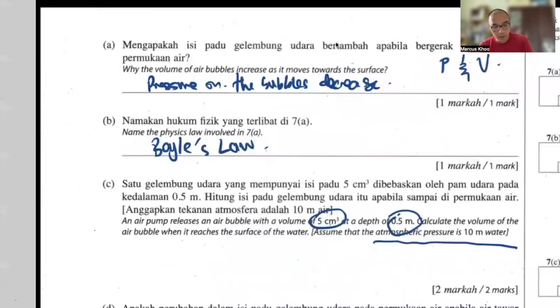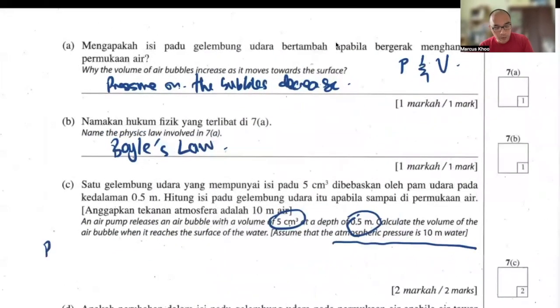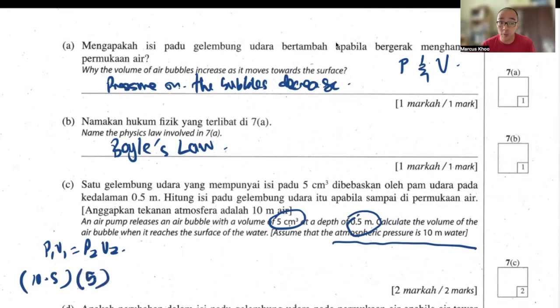So P1 V1 equals P2 V2. This will be 10.5, because 10 plus 0.5, times 5 cm³,